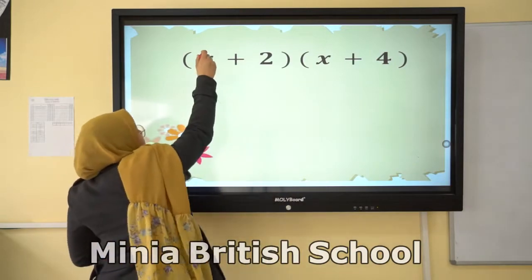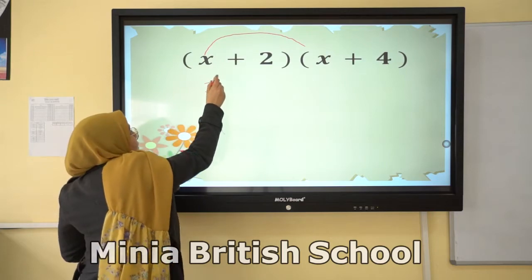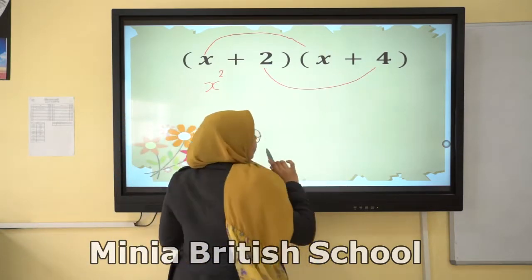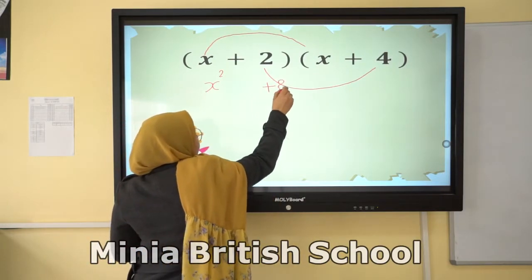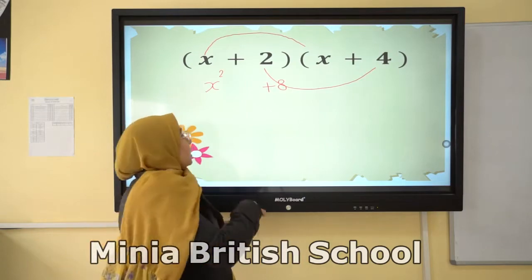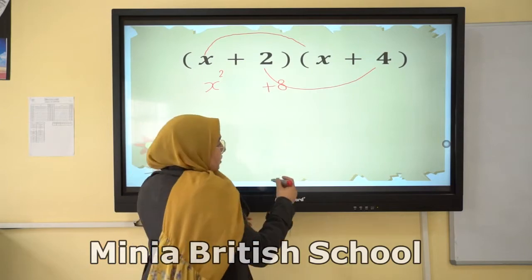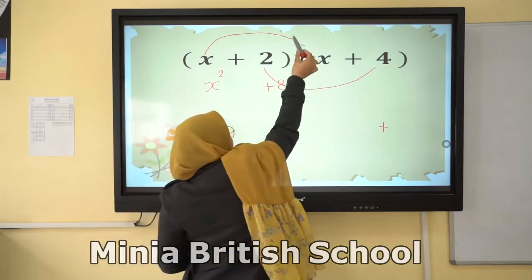x times x equals x power 2. And 2 times 4 equals 8. And to find the middle term in this expression, you can find the sum of the product of means and the product